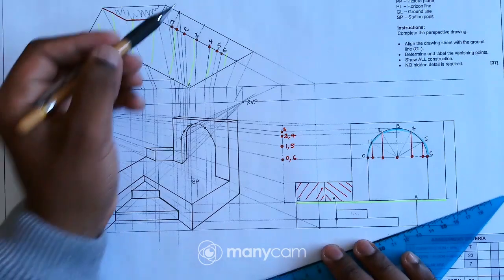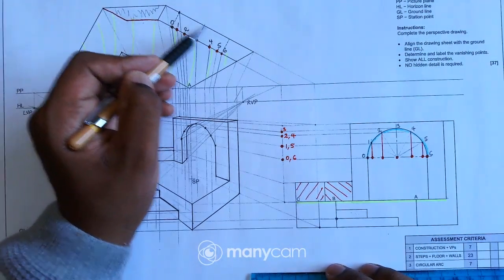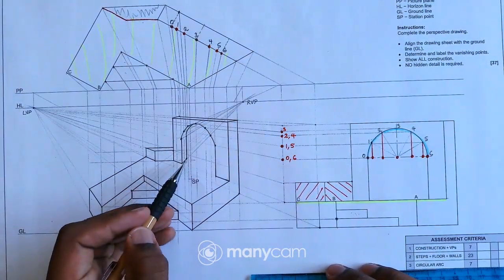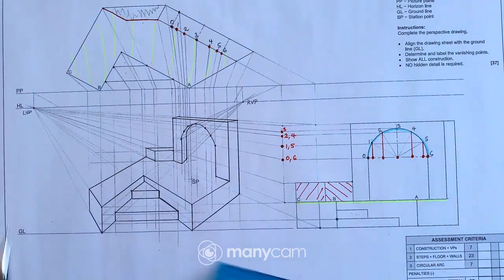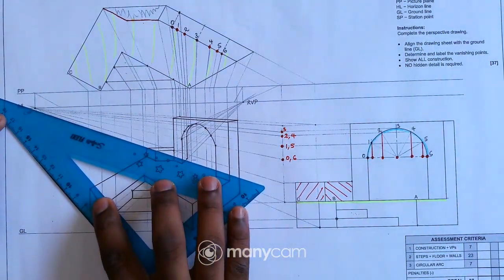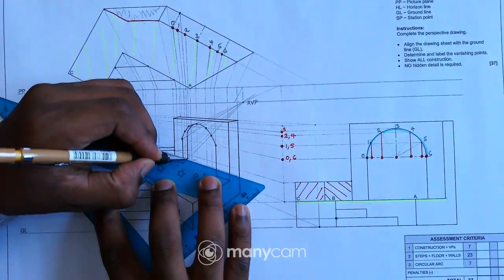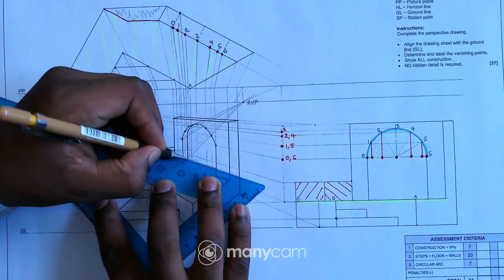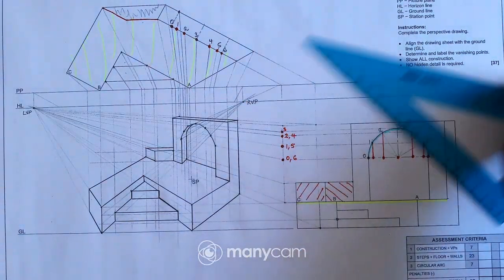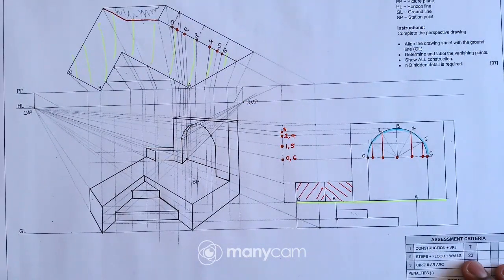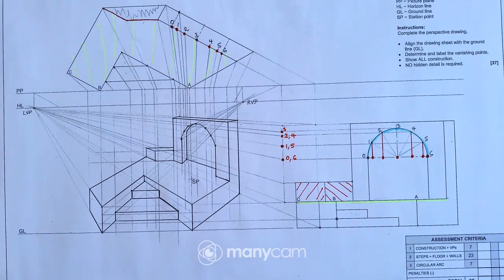Okay, and then obviously at the back there we have a straight line, so I must have a line there, and I can quickly draw that line. I must align my ruler with those 2 points like that, and then from here I can just extend up to that line, just like that. Okay, so this is my 2-point perspective for this question.